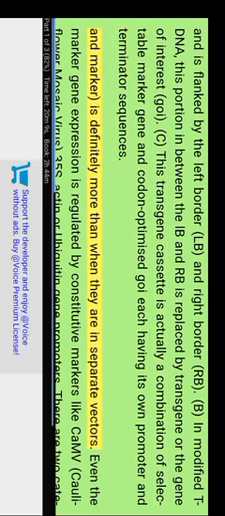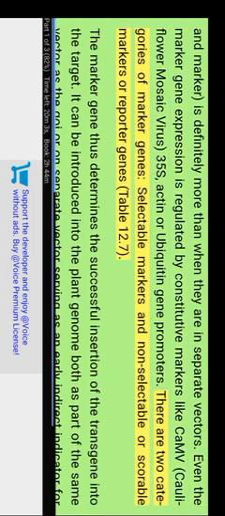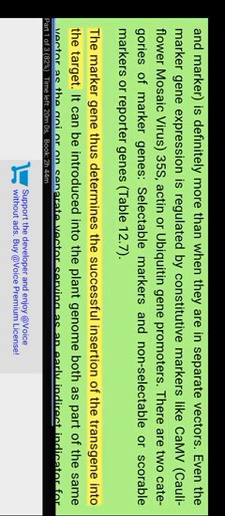The frequency of co-transformation of the GOI and marker is definitely more than when they are in separate vectors. Even the marker gene expression is regulated by constitutive promoters like CaMV, cauliflower mosaic virus, 35S, actin or ubiquitin gene promoters. There are 2 categories of marker genes: selectable markers and non-selectable or screenable markers, or reporter genes. Table 12.7. The marker gene thus determines the successful insertion of the transgene into the target. It can be introduced into the plant genome both as part of the same vector as the GOI or on separate vectors, serving as an early and direct indicator for the introduction of the GOI. If they are physically linked in the same DNA vector, the frequency of co-transformation, i.e., cells having both GOI and marker,